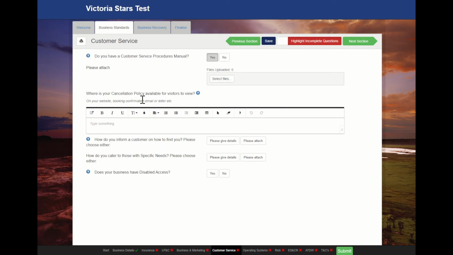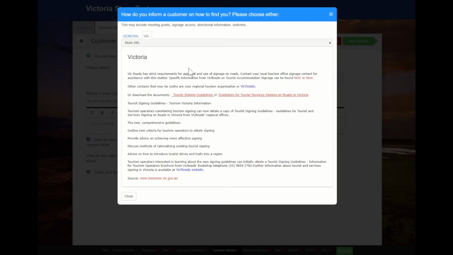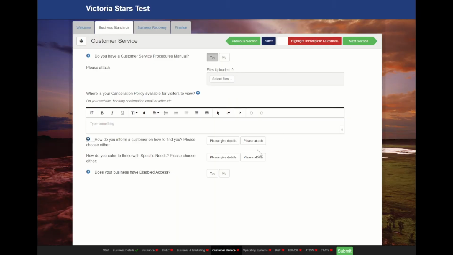The cancellation policy should be available to visitors before they finalise their booking, so let us know where they can find it. Information on how customers can find you could refer to road signage you have in place, with information here about Vic Road signage, or it could just be details on how you let guests know where to find you. This could be via a confirmation email, which you would attach,